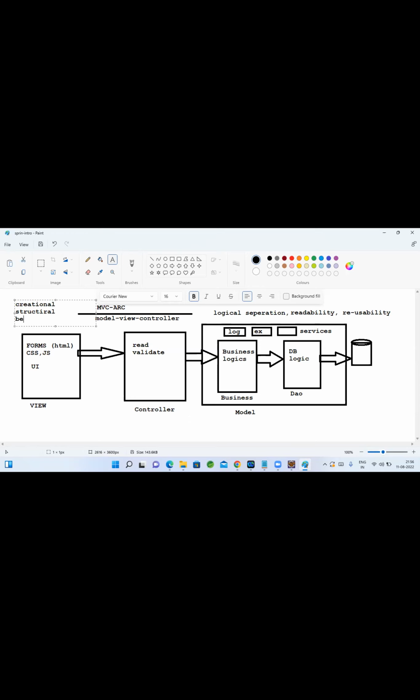On behaviors also we can write patterns. There are many design patterns. If we want to describe them generically, all the design patterns fall into these three types: creational, structural, and behavioral.